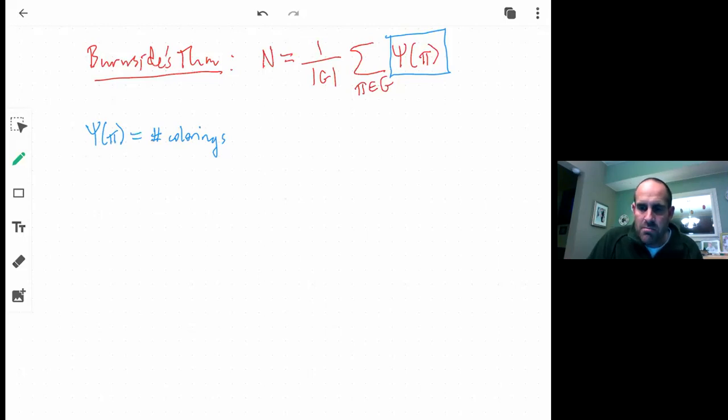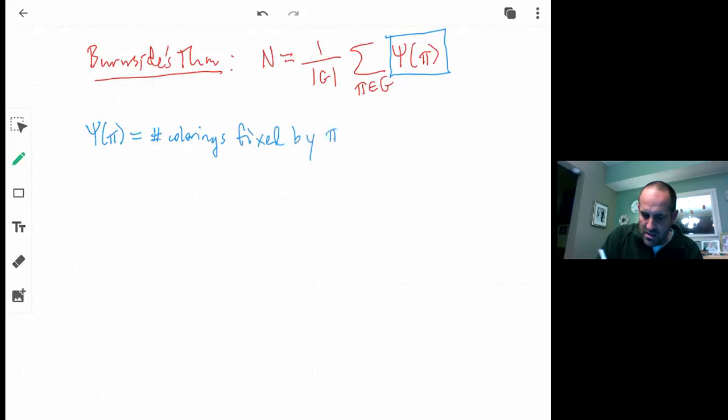These things only become grouped together into non-distinguishable things once we count all these things and then divide by the size of the group itself. So psi of pi is equal to the number of just wild, obnoxious colorings where I'm not paying attention to distinguishing things at all. It's just the number of colorings fixed